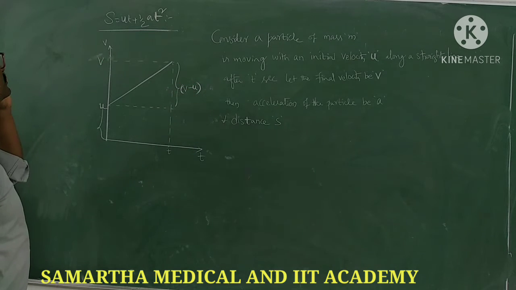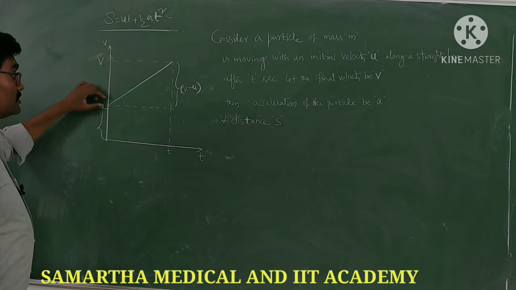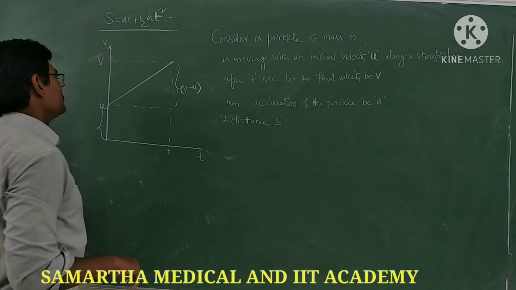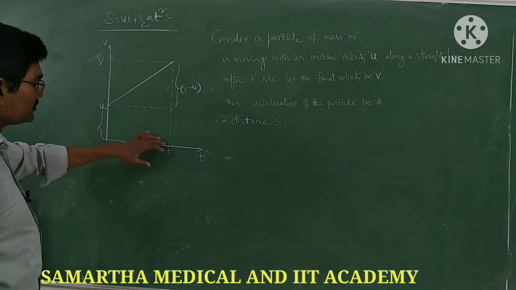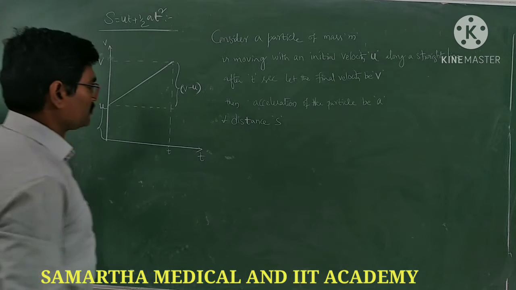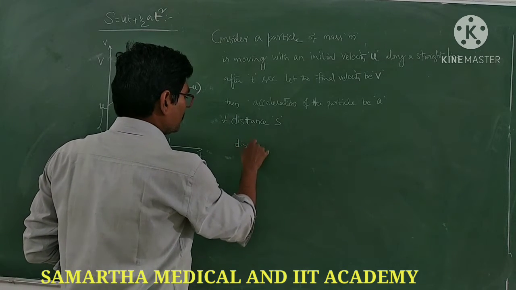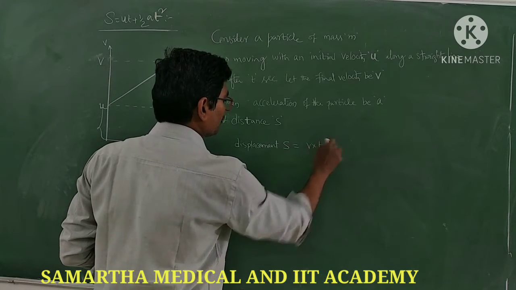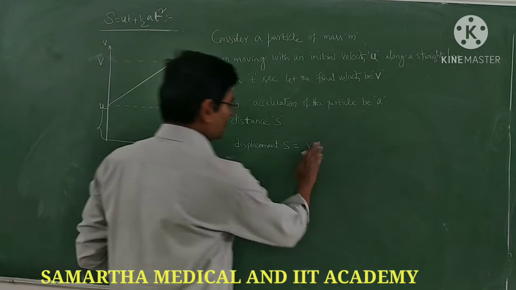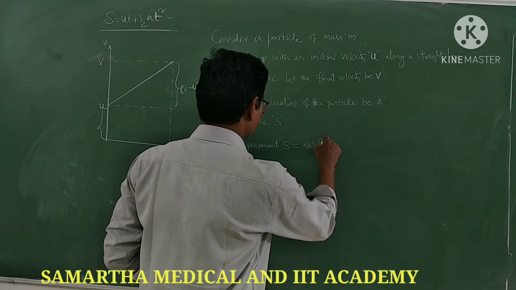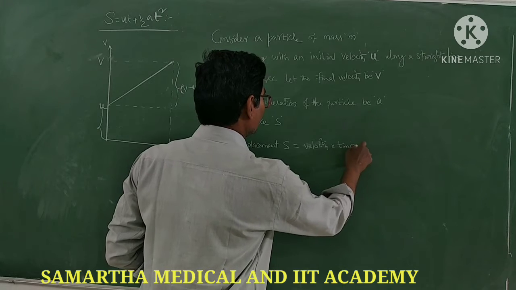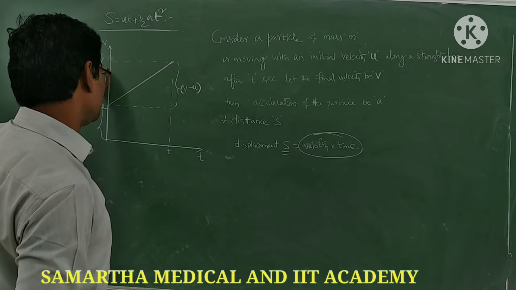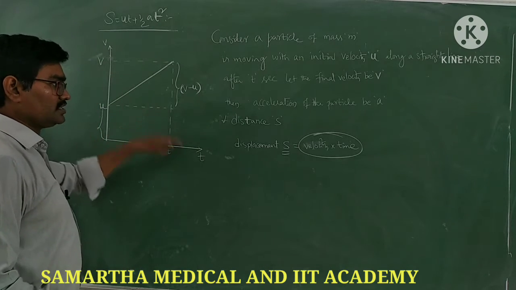Now I am going to calculate the distance covered. So displacement or distance covered, whatever. How can I calculate this distance? Which graph is this? The velocity time curve. So what is the displacement? Displacement S is equal to velocity into time taken, average velocity into time taken. The product of velocity into time gives you displacement, the product of the y and x coordinates.